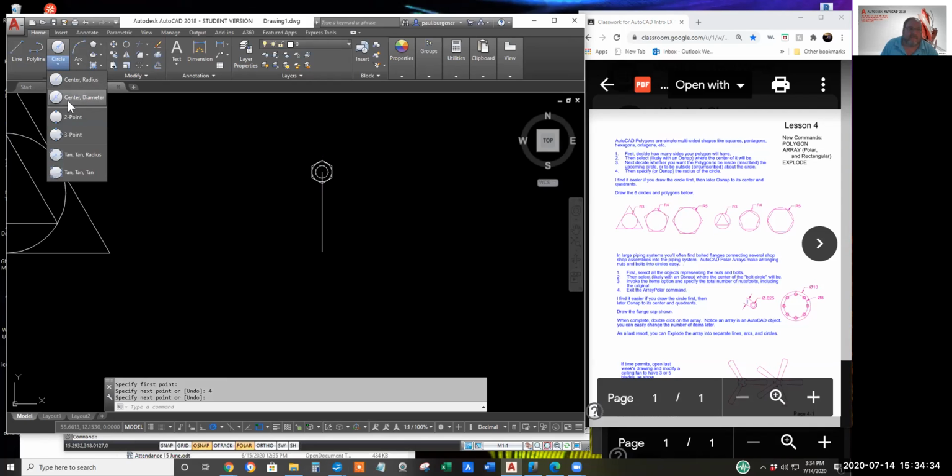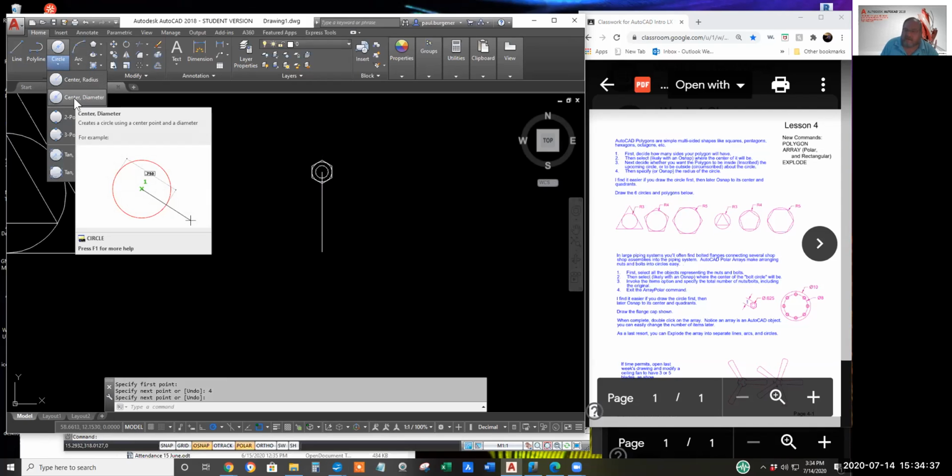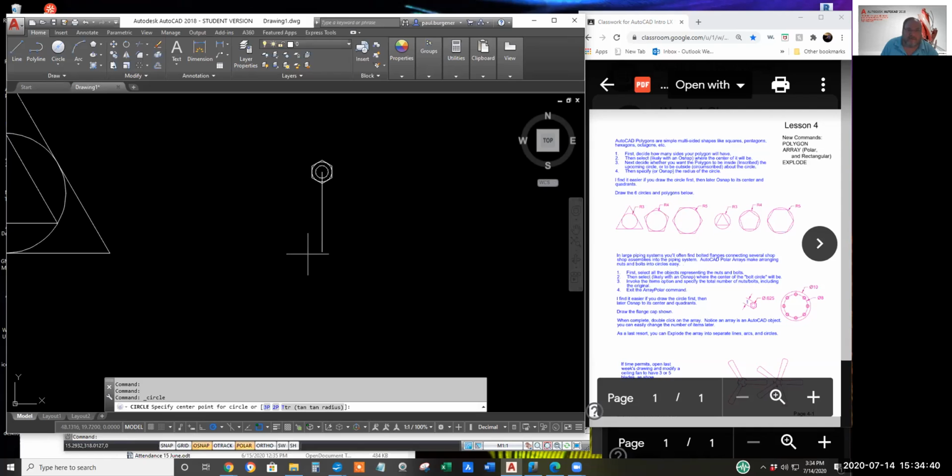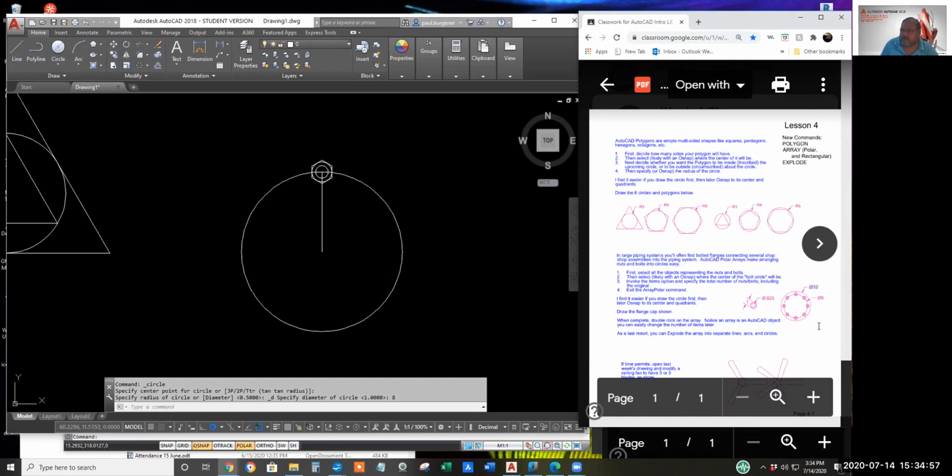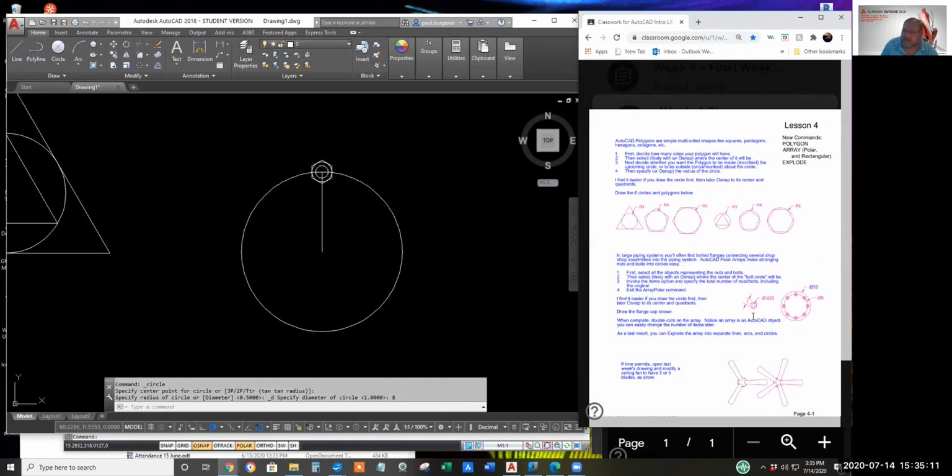Click on center diameter. I suppose I could have gone radius. Type 8, enter for the diameter. And there we've got the circle about which we'll replicate the nut and bolt. While we're drawing circles though, let's make the flange diameter. Handout says the outer edge of this flange cap, kind of just a blank off dead end of a pipe, keeps the dust out maybe during the entire hydraulic system.